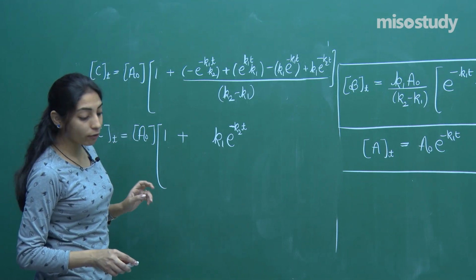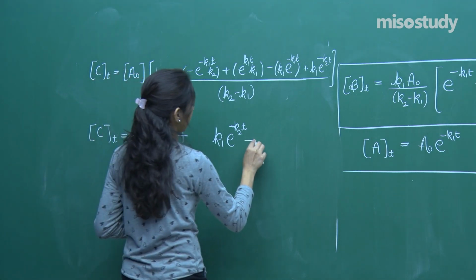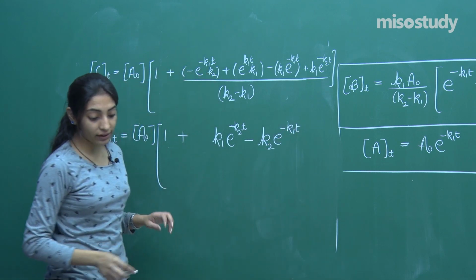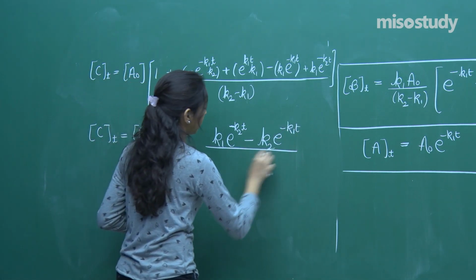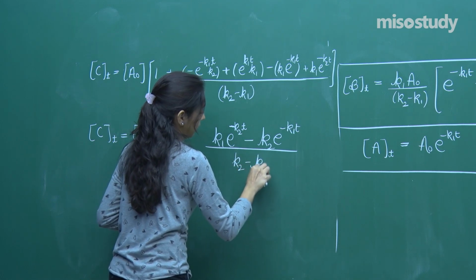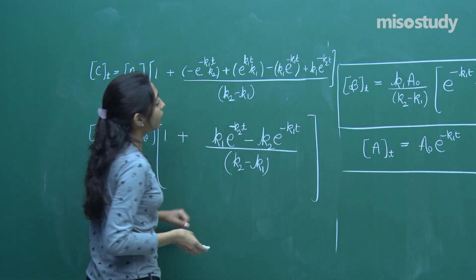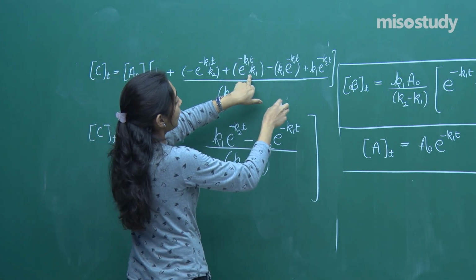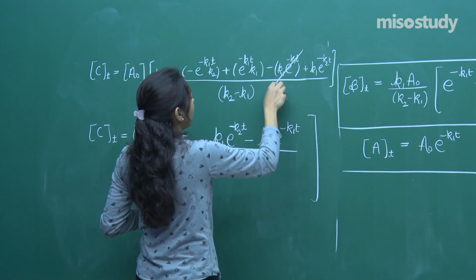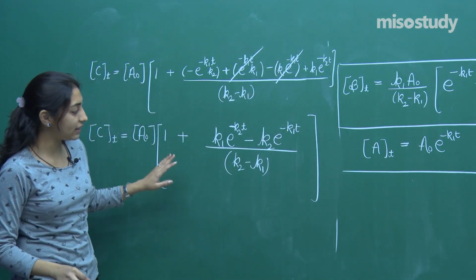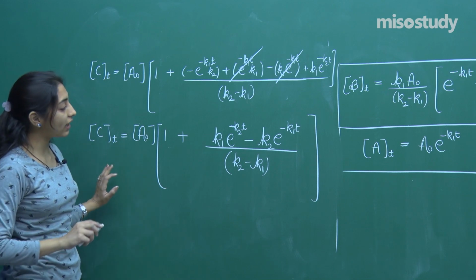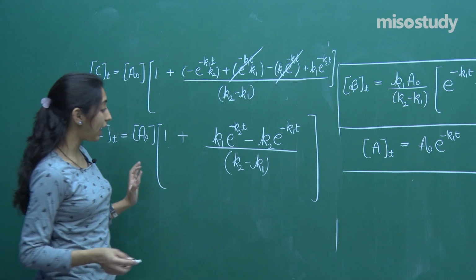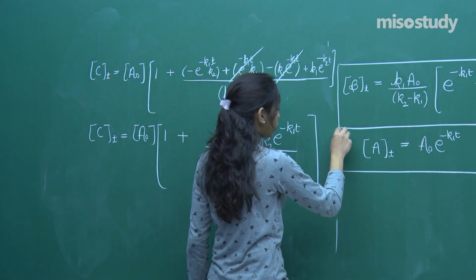Then we will have minus of K2 e raised to the power minus K1t, that is also correct, which is to be divided by K2 minus K1. And if I check it further, you have e raised to the power minus K1 into t into K1 and minus K1 e raised to the power minus K1 into t. These two will get cancelled, and this is the final equation. So you can also check this negative and positive sign, because this is really important, else you will be getting a different result. So what should I be finding out?